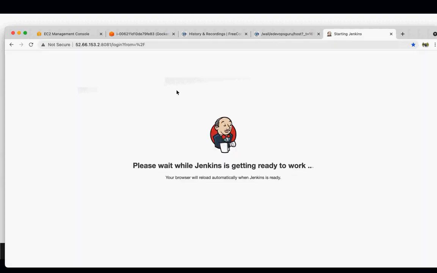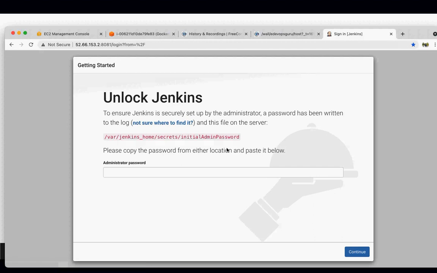If I open it here, Jenkins will start coming up, but without the persistence, if we destroy this container and recreate it, nothing would be persistent, like your existing jobs, your plugins, nothing you would be able to find.